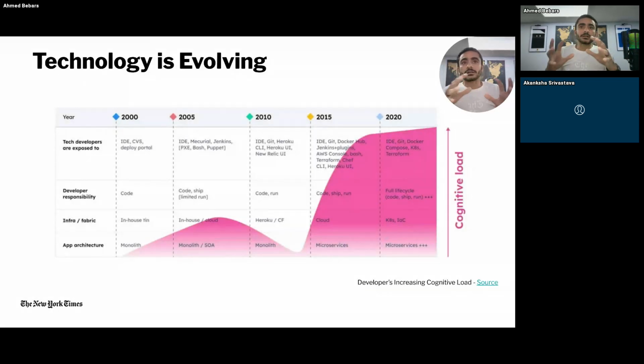But as technology raced ahead, we are seeing new tools, platforms, and frameworks pop up every day. This constant change is exciting, but it also brings a load of new things for our teams. This diagram is from a previous piece. It's from 2022, and I think there's a new diagram for 2024 that I have seen around, but I didn't update it yet. But think about cognitive load as the brain power we use